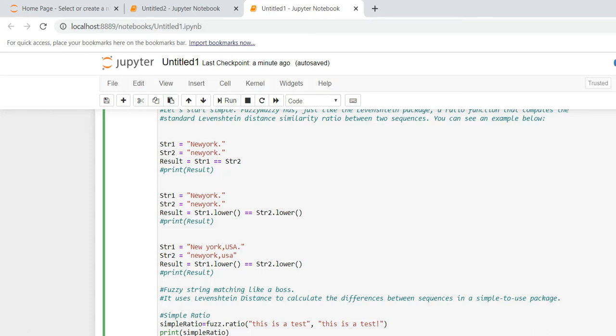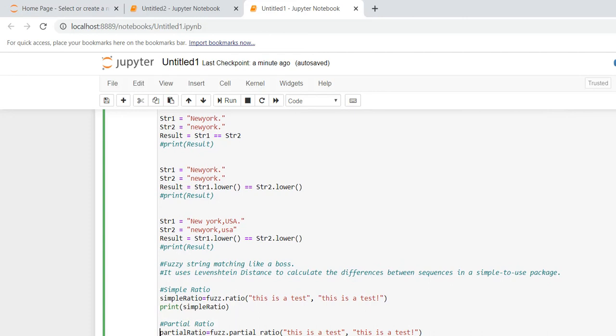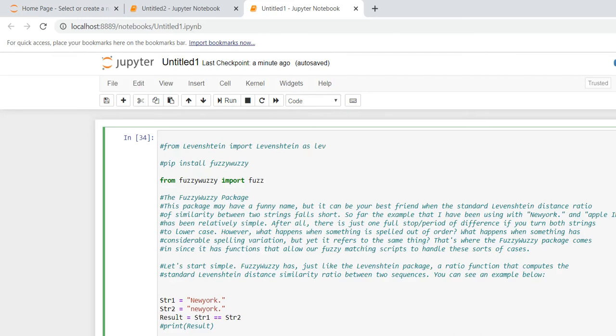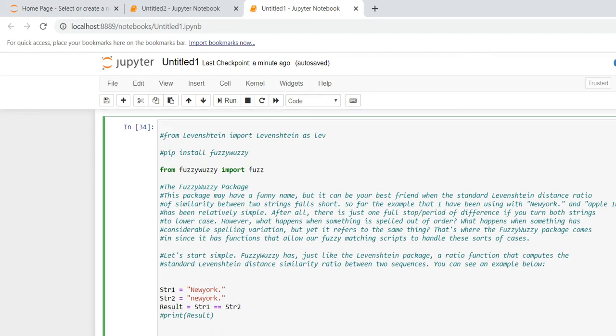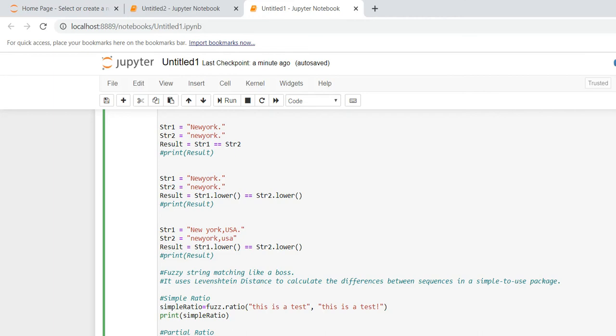Here you can see this is a simple ratio. Already I imported the library. From it you can import fuzz or process, whatever it may be. Here I'm importing fuzz.